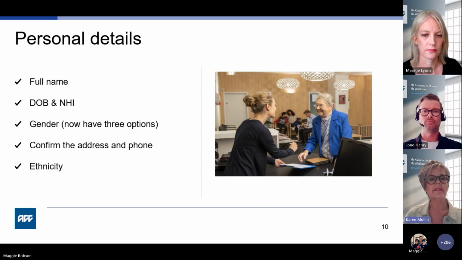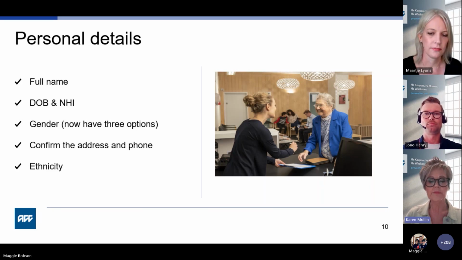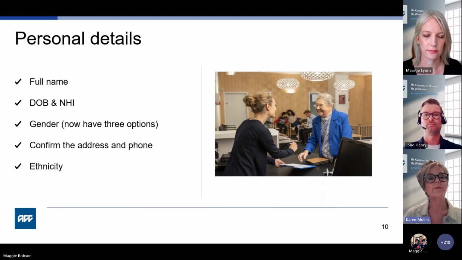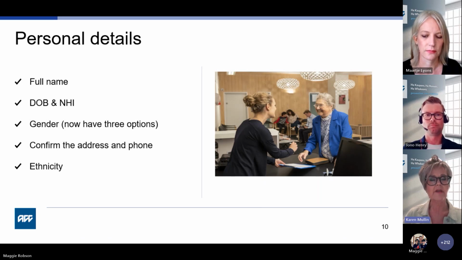The other thing is cell phone numbers, and these are really critical to us because where we do need to gather additional information from your patient, we can easily get in touch with them, but also we do provide text notifications. So we let them know we've received their claim, so they're fully informed throughout the process. And importantly, when we do accept a claim, we can actually provide text notification of an accepted claim. And with the automated system, this can actually be as quickly as when they're still sitting with you in your room. So that's why the accuracy and completeness of the information you provide us is really important. So I'm just going to hand back over to Jono now, and he's going to take us through accident and employment.